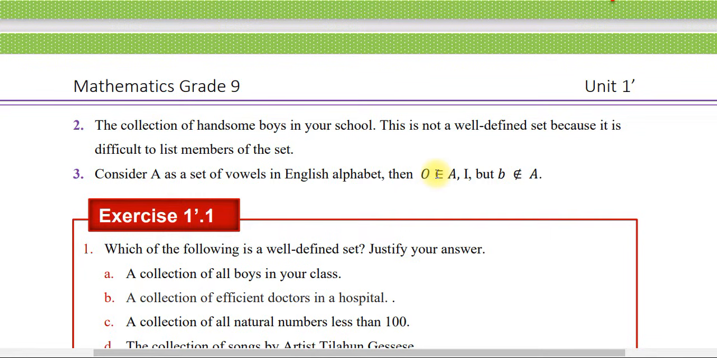There are 5 vowel letters in English alphabet. So those 5 English alphabet letters are well-defined objects or elements. So we can say that vowels in English alphabet,